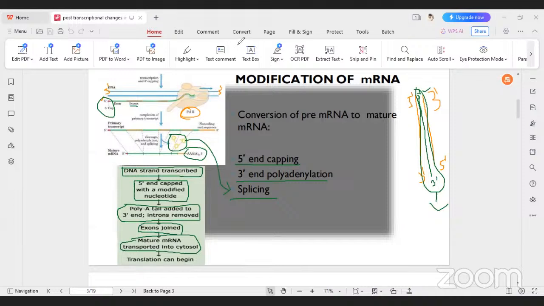Now tell me where the transcription takes place. In which part of the cell? My voice is clear. Now tell me, the definition is clear. Transcription means mRNA is prepared from the DNA strand. That is first. The second question is, where is DNA? You told that the DNA is present inside the nucleus as part of the chromatin material, the chromosomes. Now tell me that the entire transcription mechanism takes place in